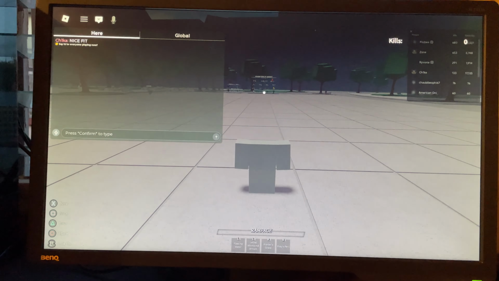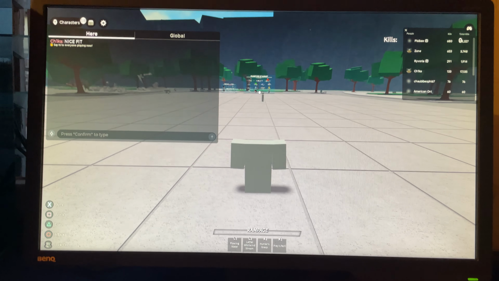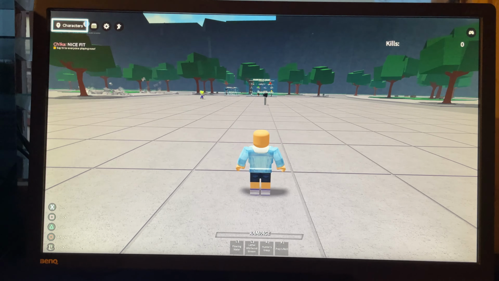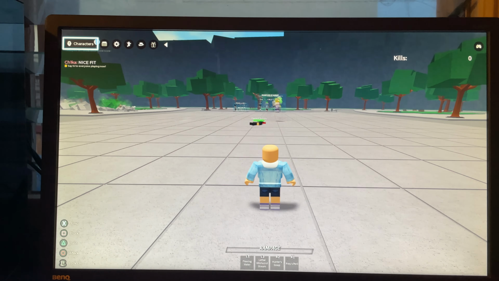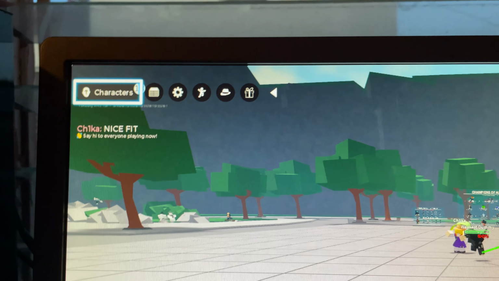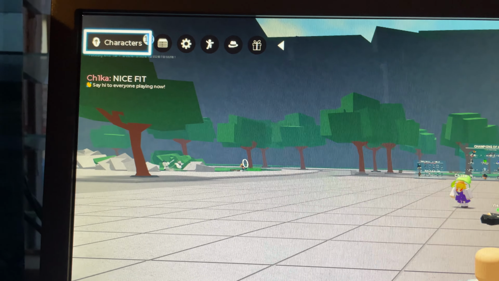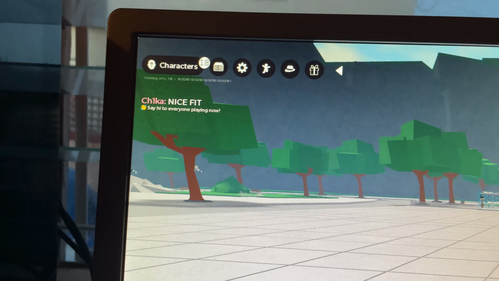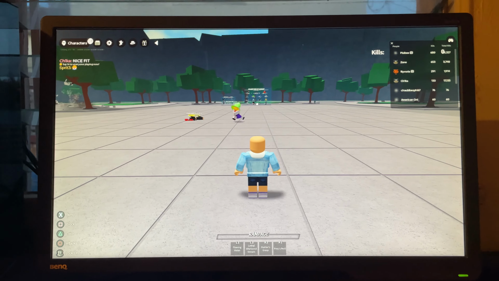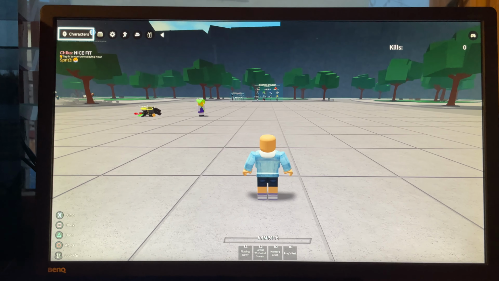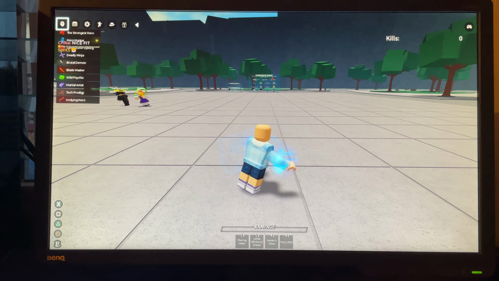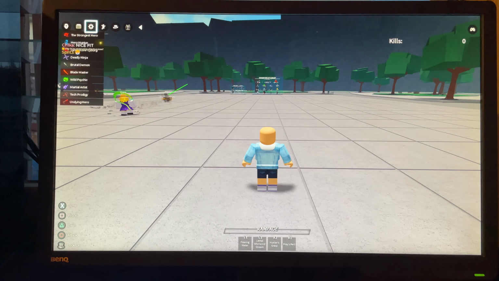So what you want to do is press your touchpad and go back to that area where it says characters. So you see how you can see that little white badge that says 18 right there? That's what I mean by you want to clear those out. So press touchpad and then press X and then look at it, and then it'll be gone. And then after that, you want to go to